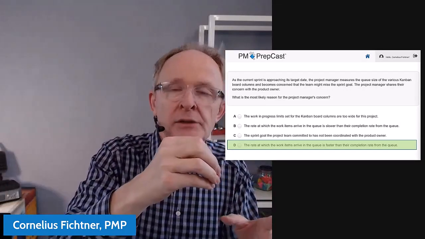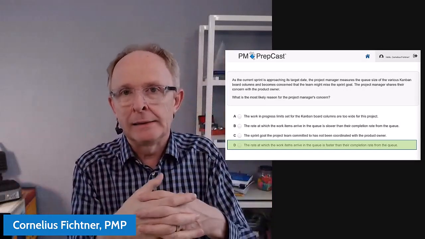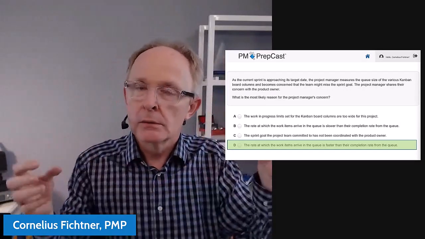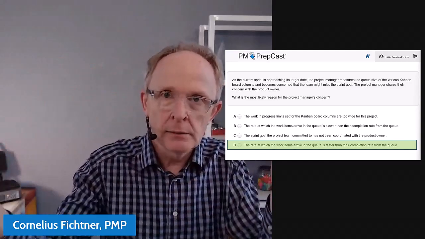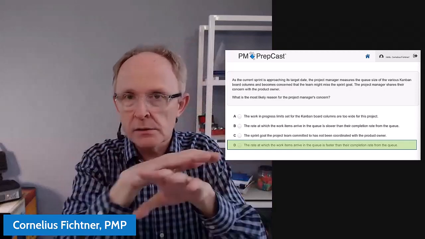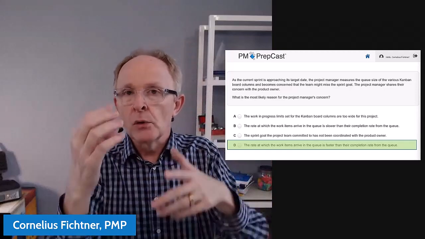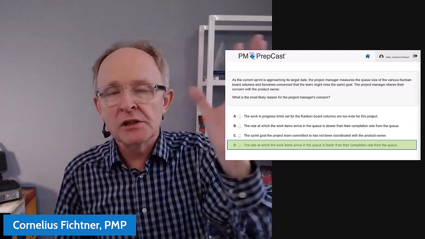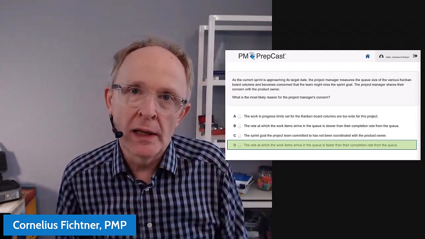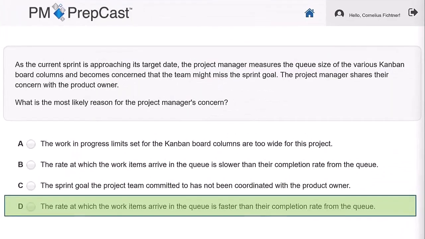5 are coming in and you can do 10 while you'll be sitting around idly, twiddling your thumbs. You can do 10, 10 are coming in. It always stays the same, right? So you're looking for that kind of balance in regards to the speed at which new items are coming into the backlog and the speed at which your team can actually deliver these items from the queue. It's called Little's Law right there.